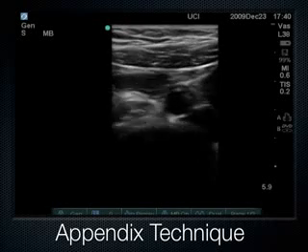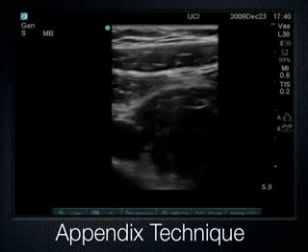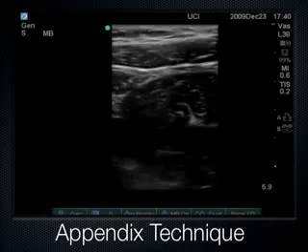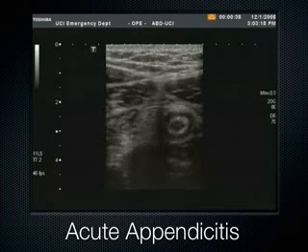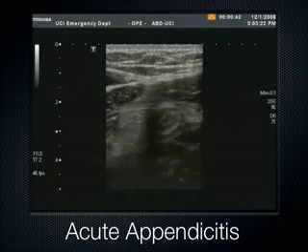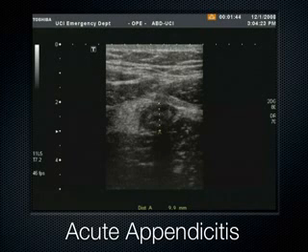And there's loops of bowel that get sandwiched between the psoas, which is a very long muscle. The psoas sandwiches the bowel. Now, if the bowel is normal, it just compresses, squirts out of the way like it is here. But if the bowel is abnormal, if it's acute appendicitis, then you get this round structure here that's more than 6 millimeters that lacks peristalsis,